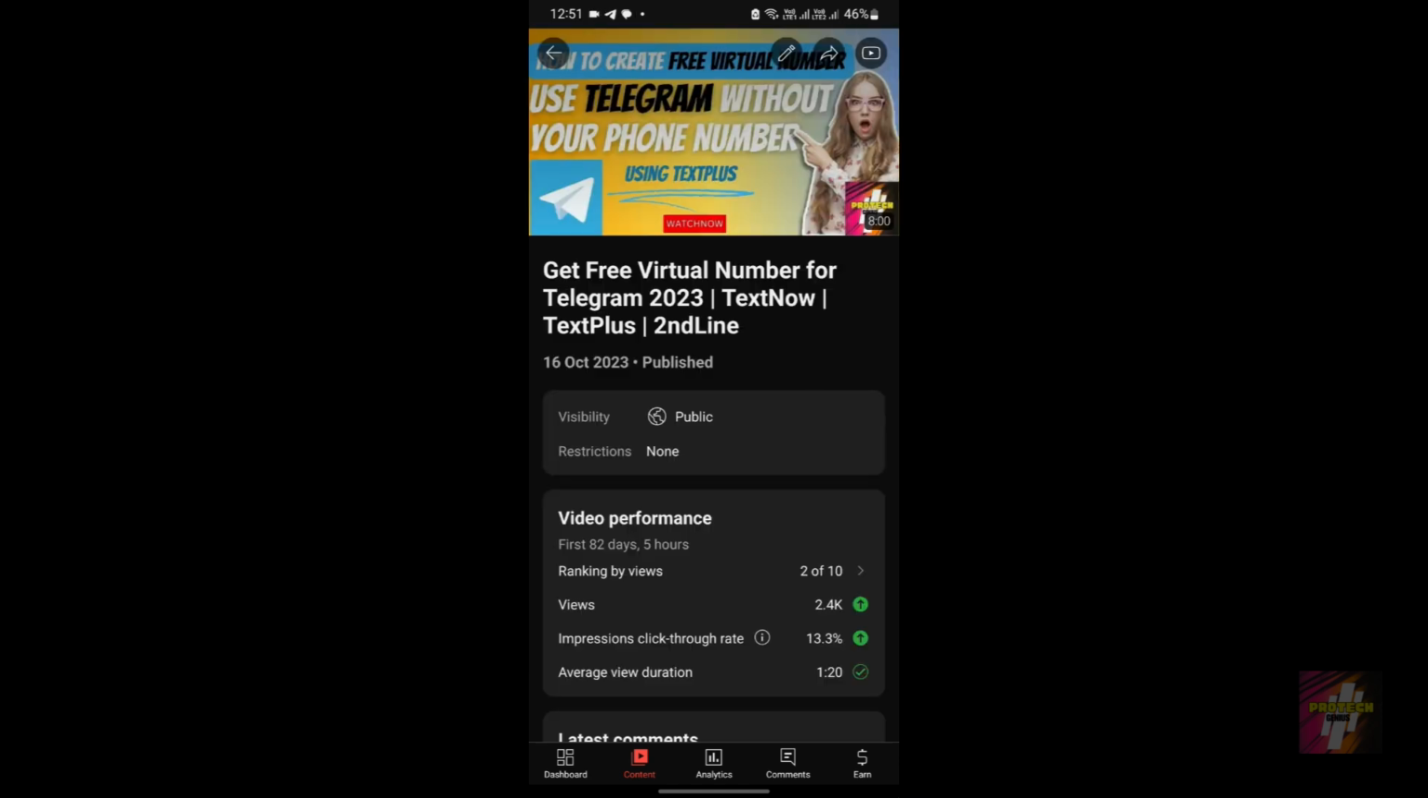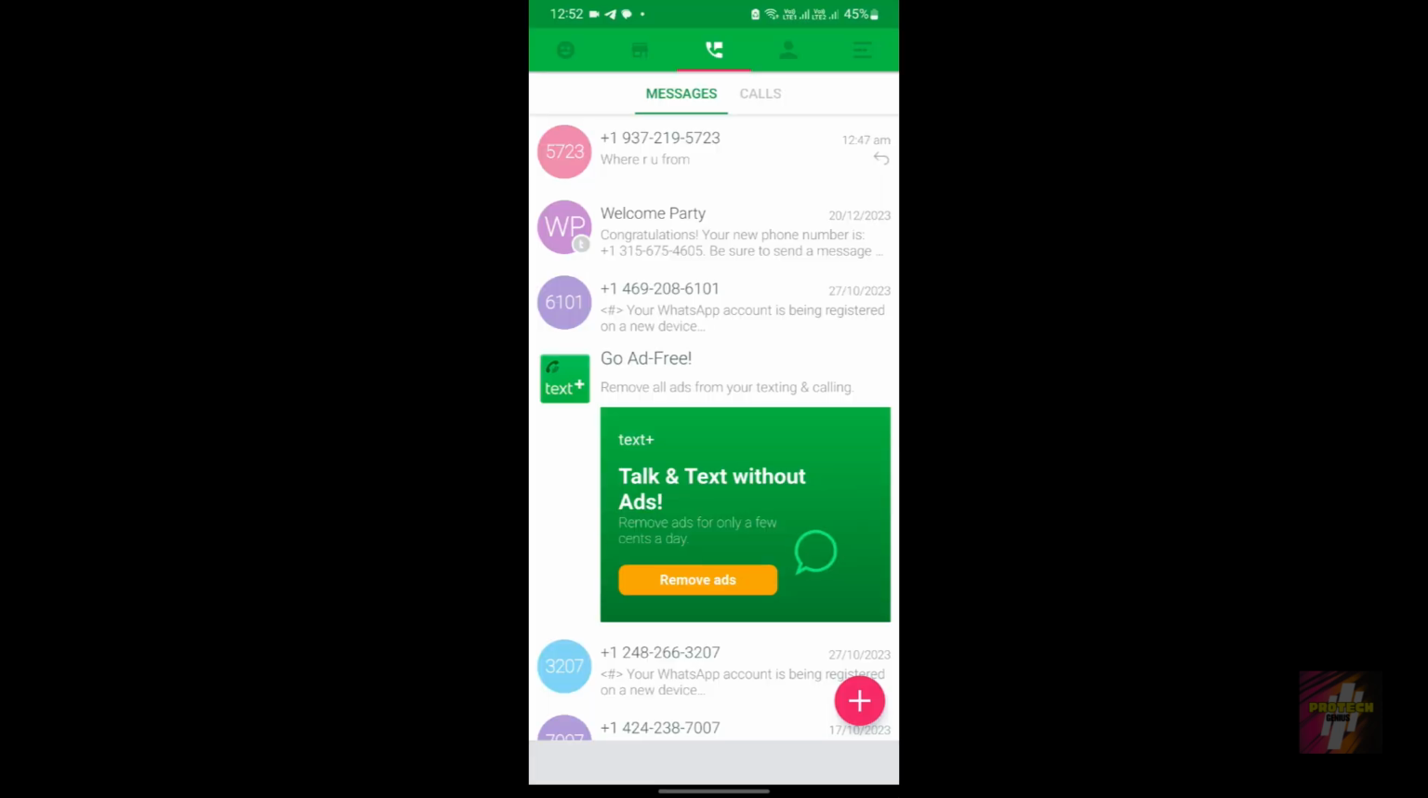Now we are going to focus on making or obtaining a Telegram account using a virtual phone number which we get from the Textplus application. Then this video here is the best thing for it. Actually, other applications are also good, but other top applications such as TextNow have made the OTP features paid. But with the TextPlus application, you would be able to